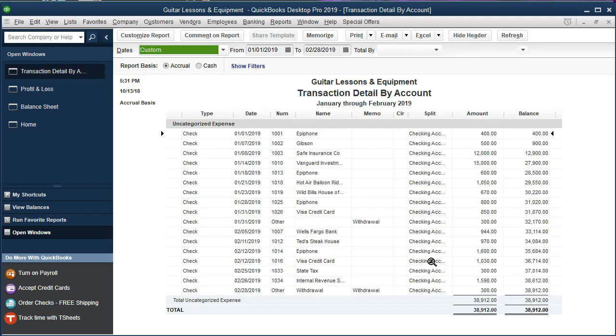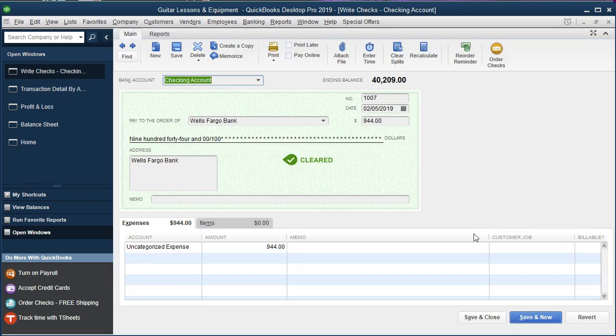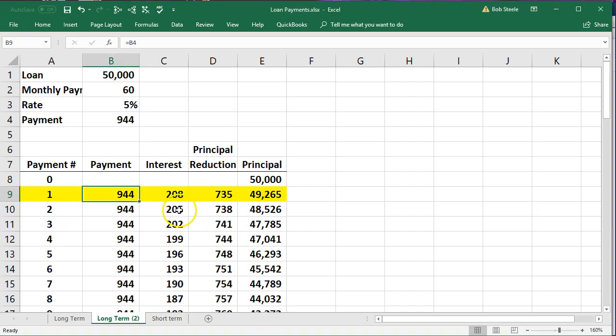Double clicking on that, we see that we had the bank here for the 944. There it is. So we're just going to double click on this and change it now. We're going to double click on it, and we're going to change the uncategorized account to some type of account. Now, the account that it should go to is going to go to two accounts now, because this amount, back